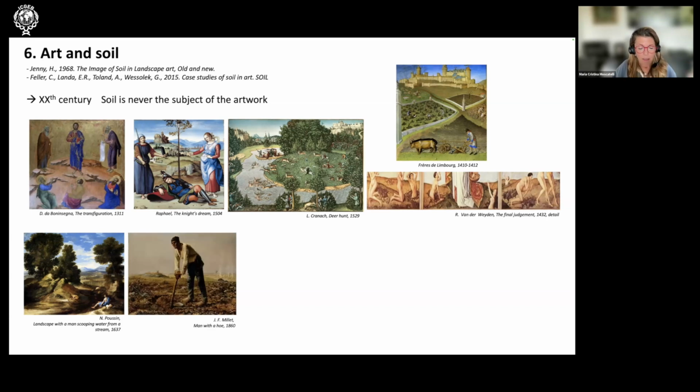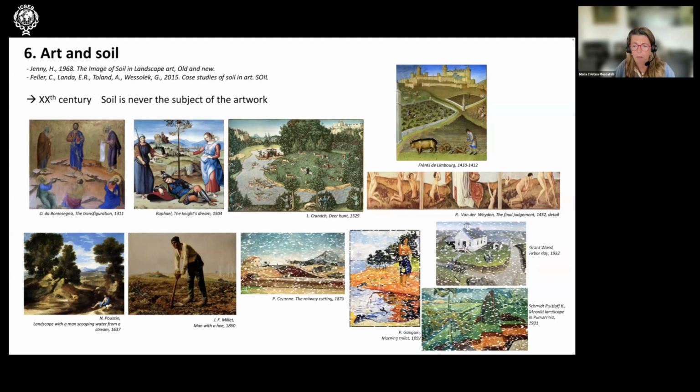In this case, in realism with Millet, the soil is painted, but just because there is the peasant who is the subject of the artwork. So the subject of the artwork is the peasant work, the man with a hoe. And finally, we arrive at the 20th century with many examples ranging from Impressionism to Expressionism, where the artist is